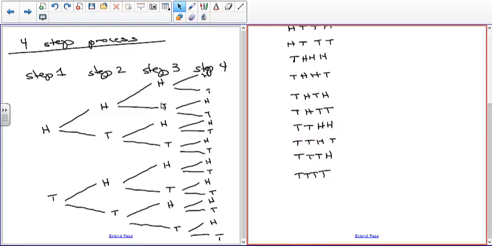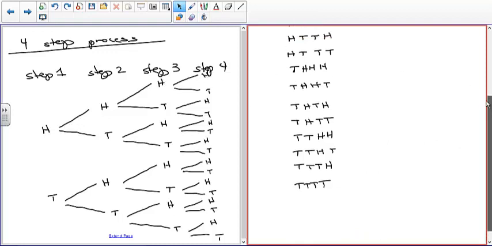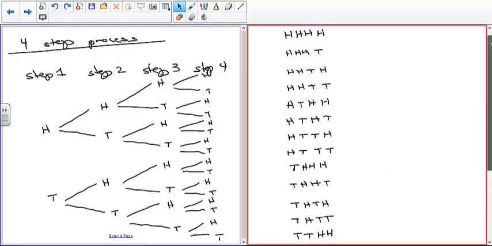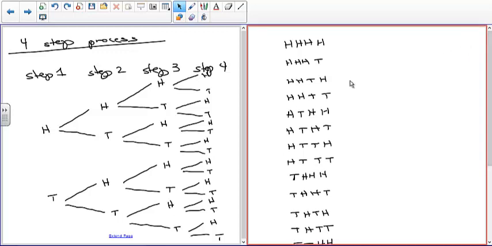So I did it originally by using this tree diagram. This other way that I just double checked it is what we call systematic listing. So I came up with a systematic approach to looking at all the different ways that these coins could result in heads or tails.